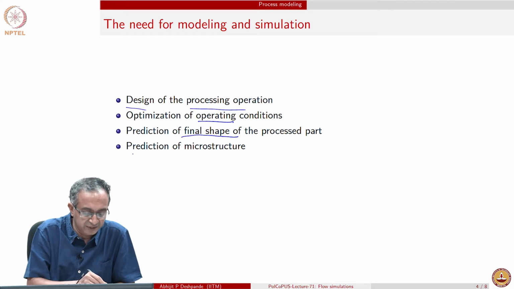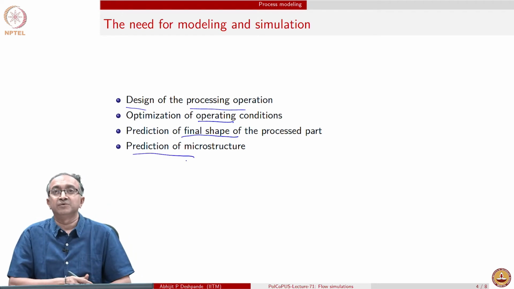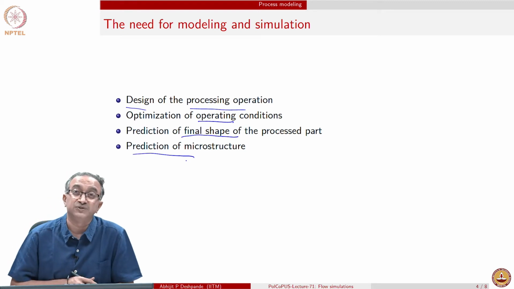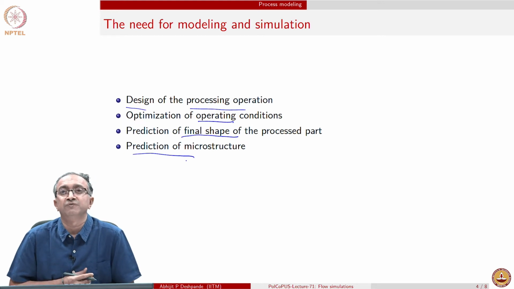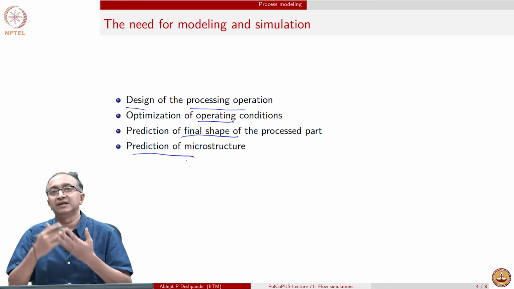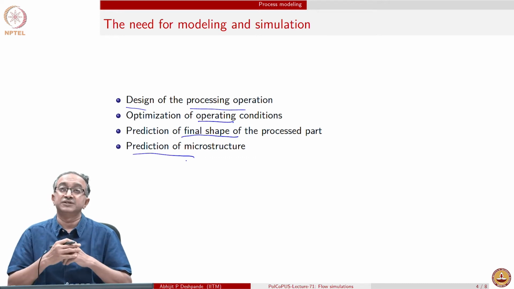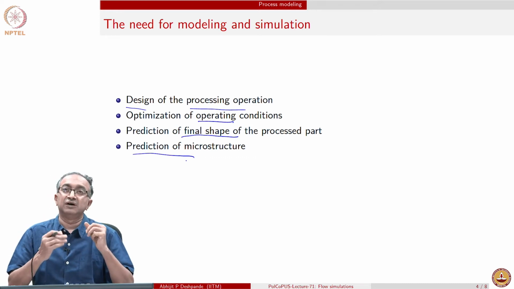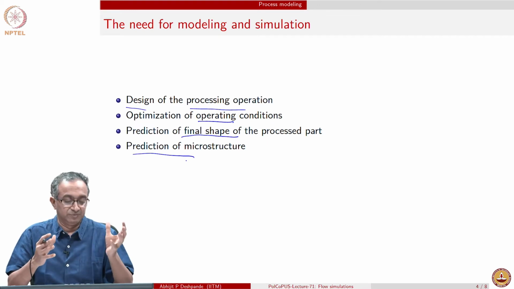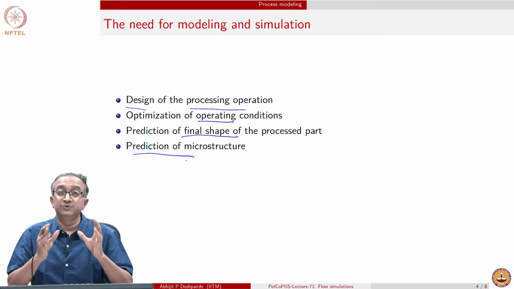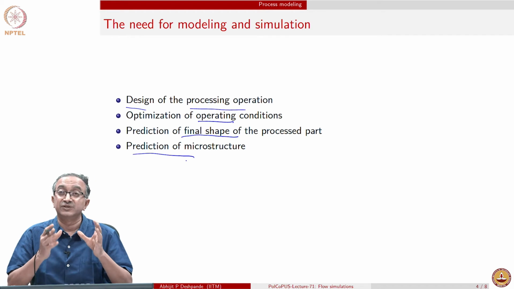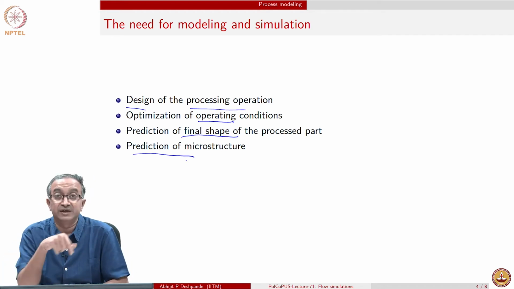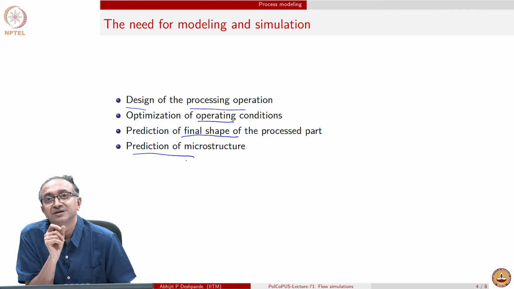Now, another important aspect of modeling and simulation is to predict the microstructure itself. So, we can use this macroscopic description to try to find out stresses in the material, velocity profile, temperature profile, concentration profile. So, all of them can be solved. However, the description still remains at continuum level. Now, can we use this continuum level description to try to start predicting what is the microstructure? Now, as soon as we want to go to microstructure, we need microscopic information, and it may not be sufficient in terms of assuming continuum.